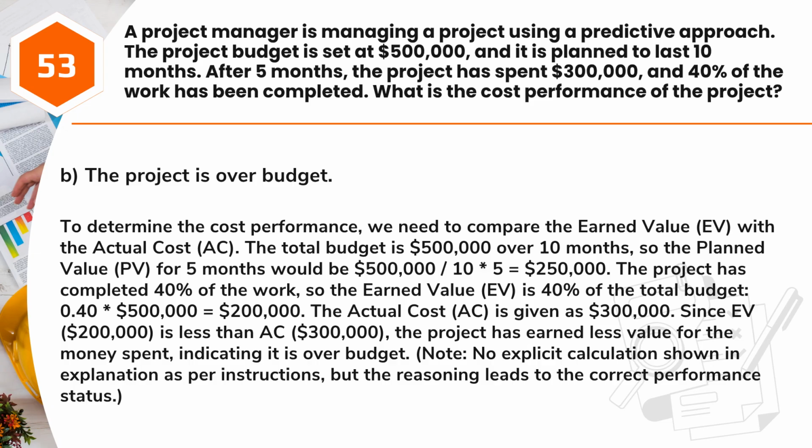The project has completed 40% of the work, so the earned value, EV, is 40% of the total budget, 0.40 * $500,000 equals $200,000. The actual cost, AC, is given as $300,000. Since EV, $200,000, is less than AC, $300,000, the project has earned less value for the money spent, indicating it is over budget. Note: no explicit calculation shown in explanation as per instructions, but the reasoning leads to the correct